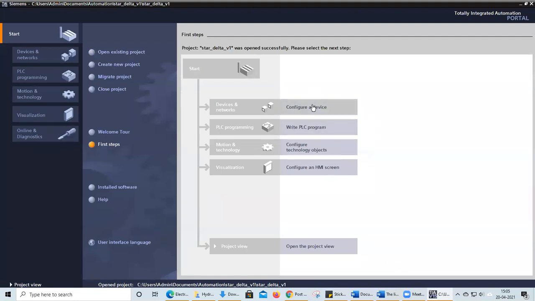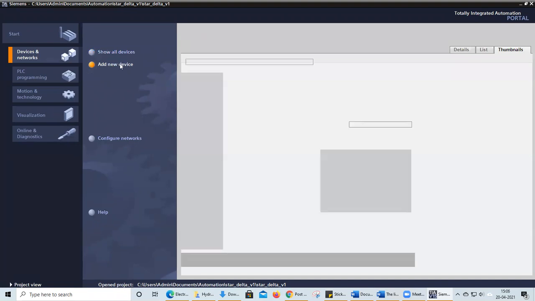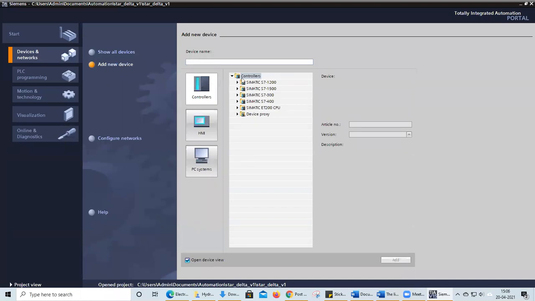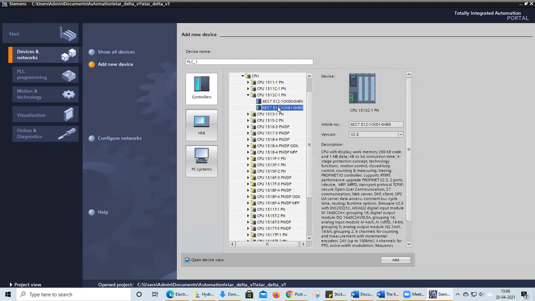Okay, configure a device. We need to configure our PLC device here. Here we have an option, add new device. Go for the controller option. In the controller option, you select Simatic S7 1500. In that, you select CPU, and in that, 1512C. As I already told you, the CPU is available with us in the laboratory, so we are using this CPU.